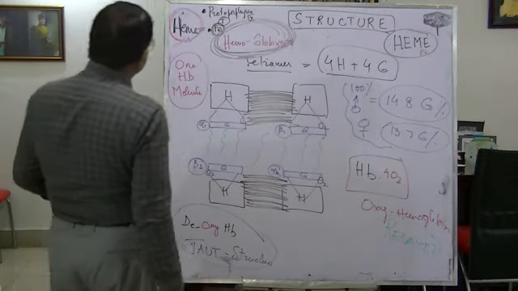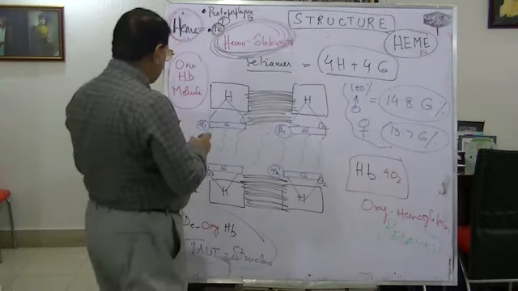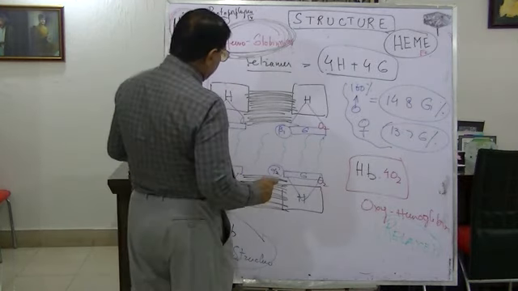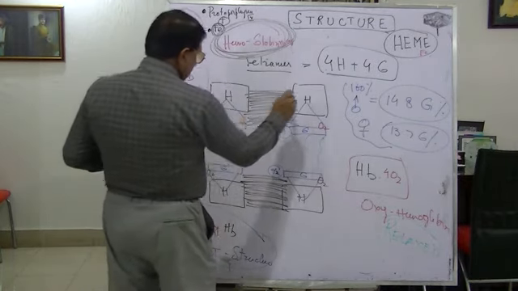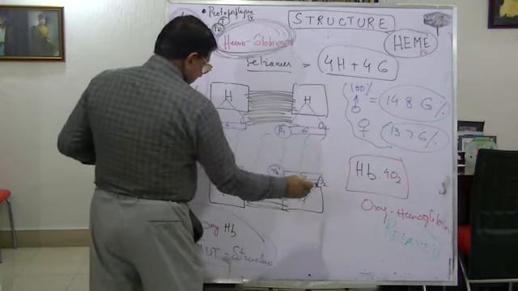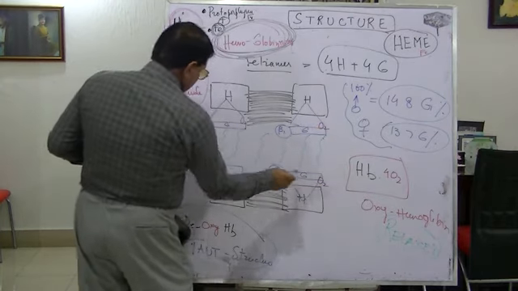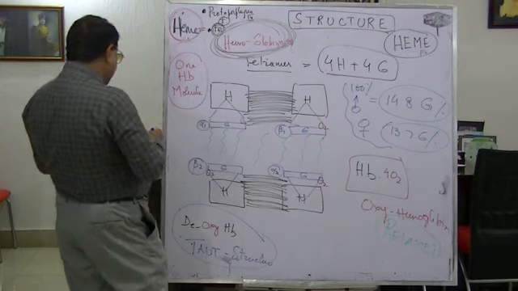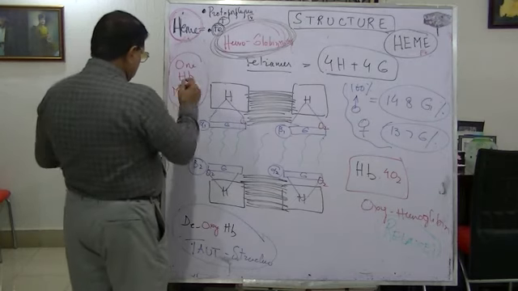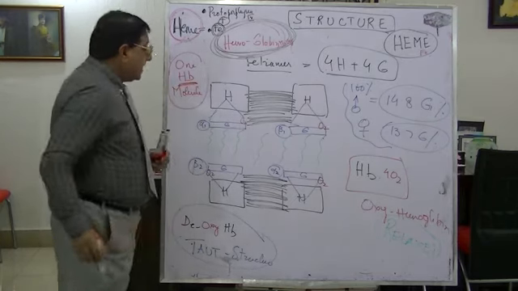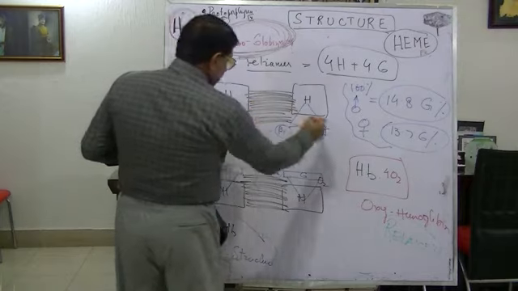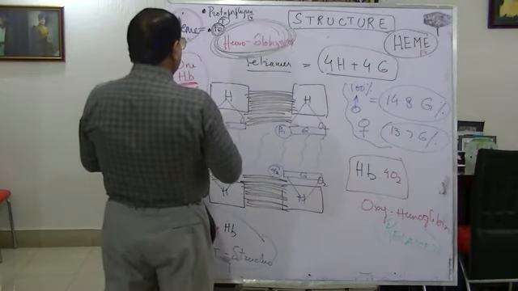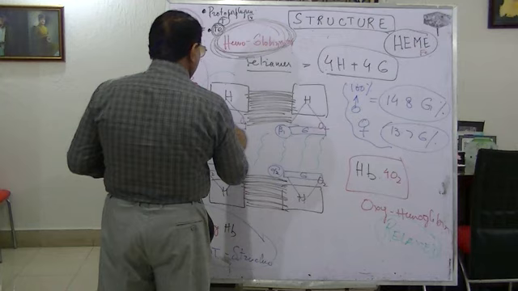So I told you, remember, one heme, one globin, second heme, globin, third heme, third globin, fourth heme, fourth. Then it forms one hemoglobin molecule, complete hemoglobin molecule. This is the hemoglobin molecule. And it has got 4 O2, 1, 2, 3, 4. And if it was only one quarter,